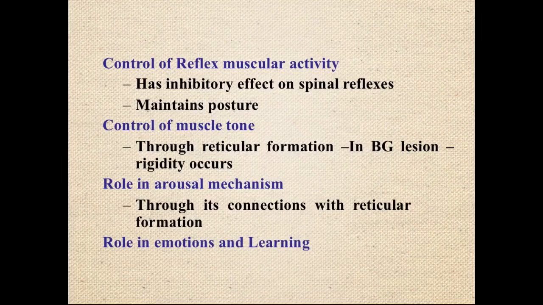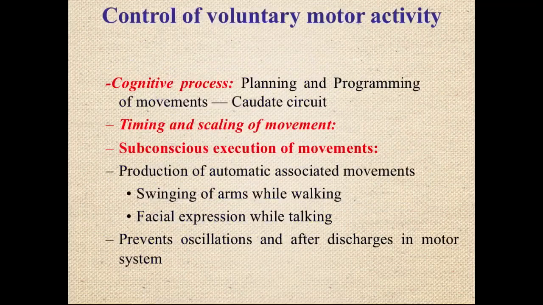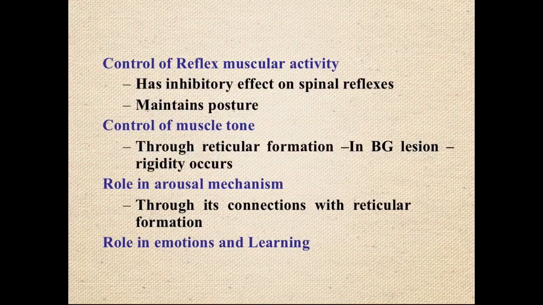So the major one is its control of voluntary motor activity via these 5 things: cognitive control and execution of the pattern via putamen, then timing and scaling, then subconscious execution of the movement, and prevention of the oscillation and after discharge. Then second was reflex muscular activity, third was control of muscle tone, and fourth is role in arousal